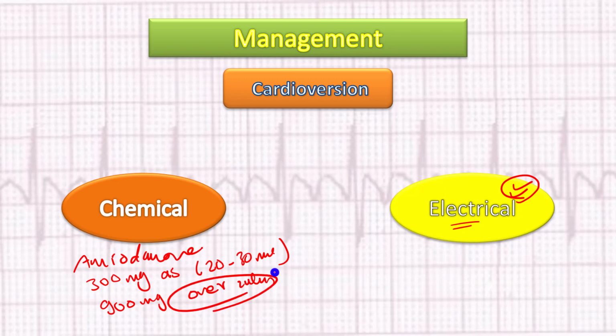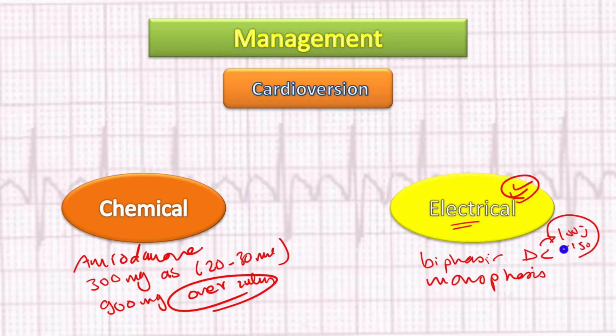The electrical cardioversion actually, we either use the biphasic DC or monophasic. With biphasic, you start with 100 joules, 100 to 150, and upgrade. And with monophasic, you start with 200 joules and upgrade up to 360. Okay, if the patient has